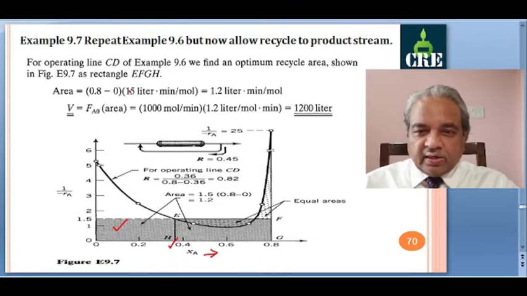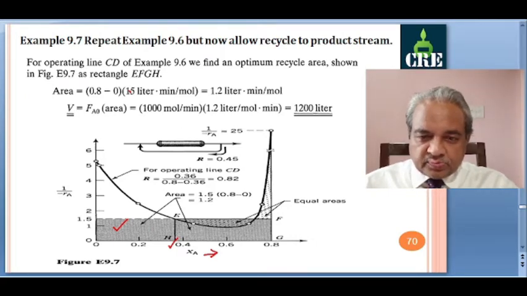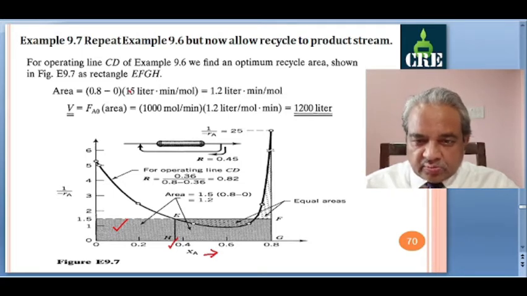So this scheme we can propose. That means in a recycle reactor, this is plug flow reactor. You add recycle, and at some moderate recycle ratio, it will have characteristics of both. So equivalent is this model. So this mixed flow reactor first and then PFR, because if you take the mixed flow reactor, then the rectangle will be very large. So we take this area under the curve. Okay, this area under the curve. So total area under the curve will be this rectangle plus this area under the curve.